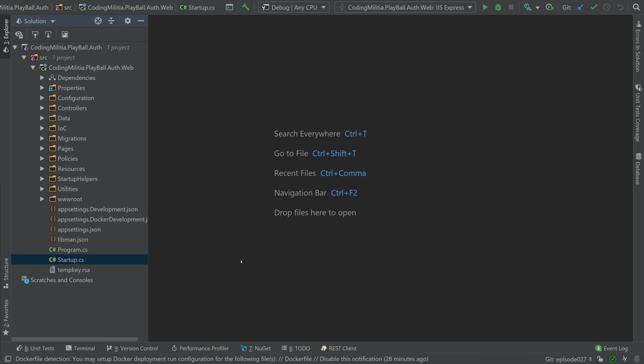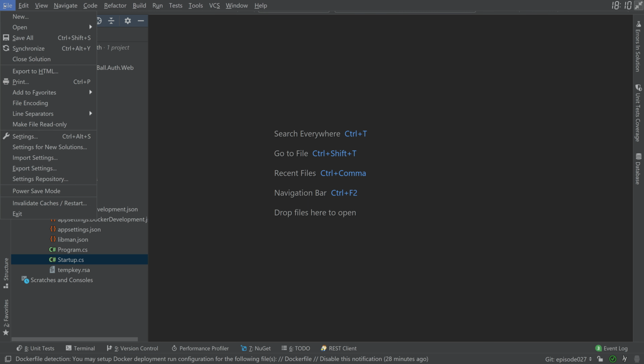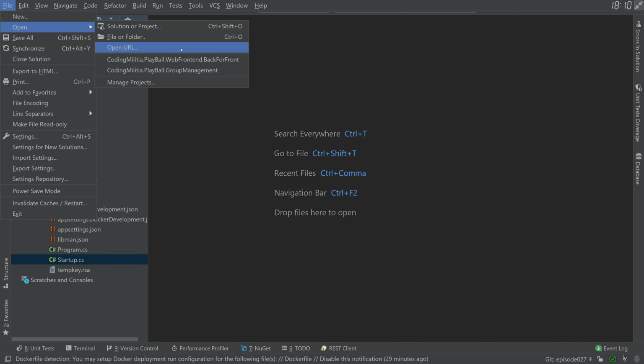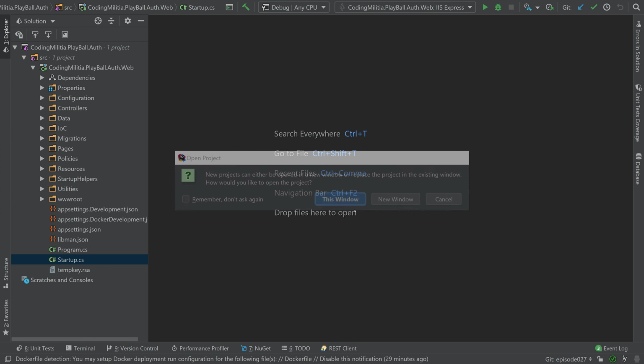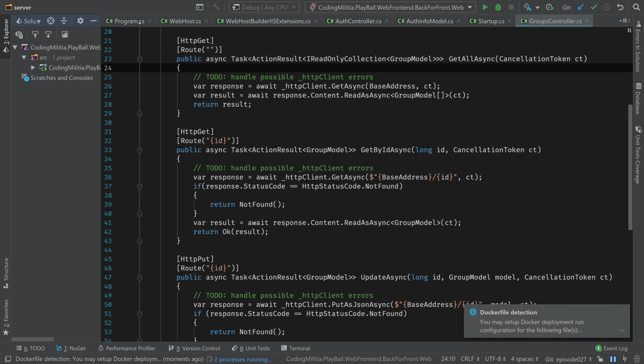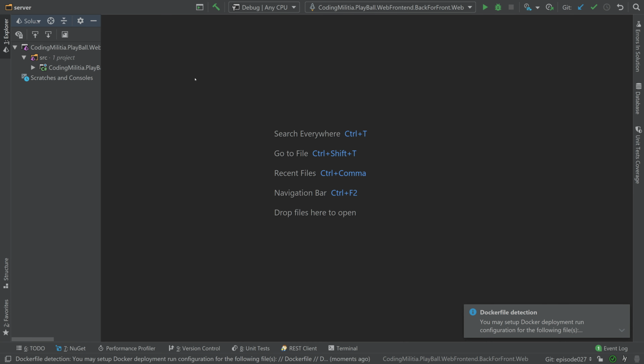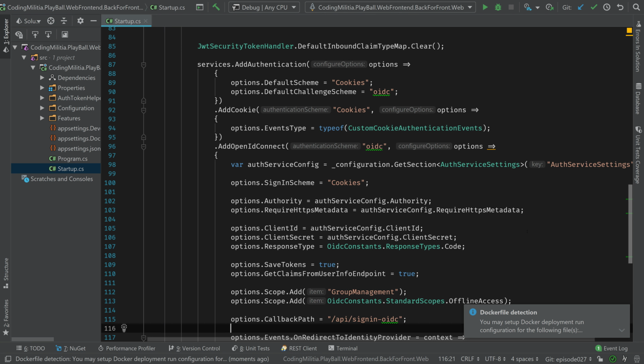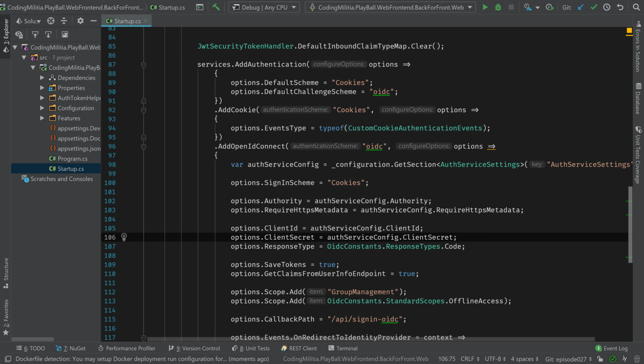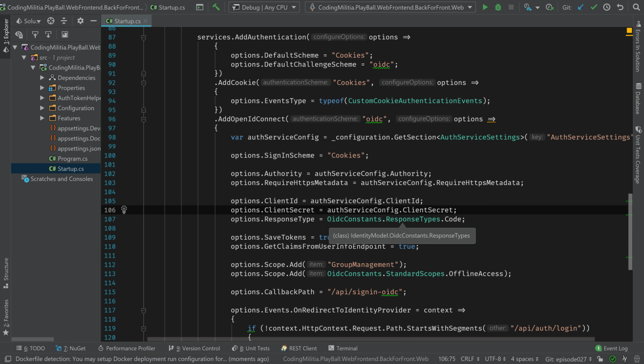Okay, I have opened the auth. I wanted to have open back for front. Close all of this. If you remember the startup, we had a lot of things hard-coded, so we had the path to the auth service here hard-coded, and